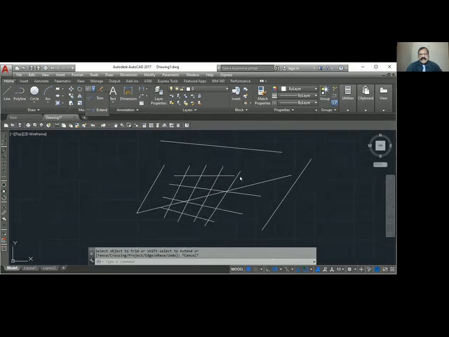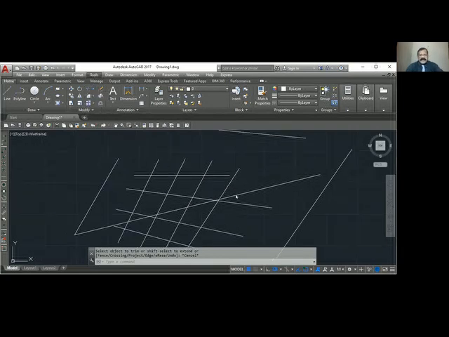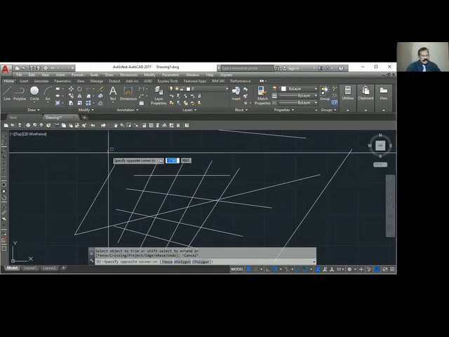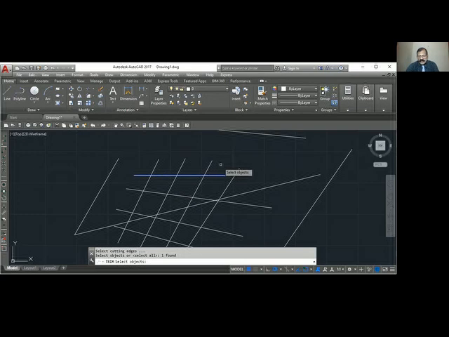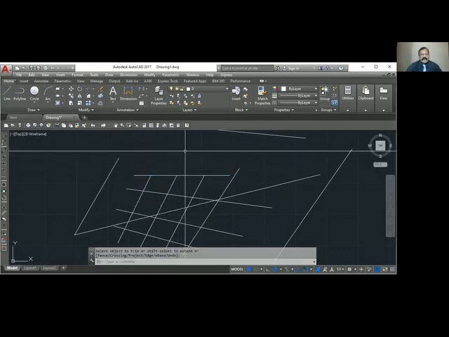Okay. So what I will do is, I want to cut these 3 pieces above the line. So I will use the command called trim. Select the cutting edge. This is my cutting edge. Enter. And show the line which is to be cut. Okay. Undo. Trim.